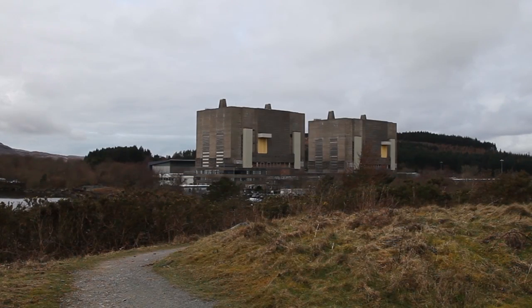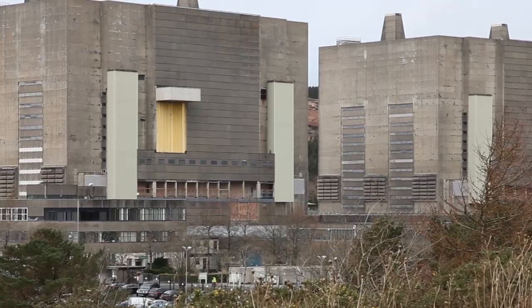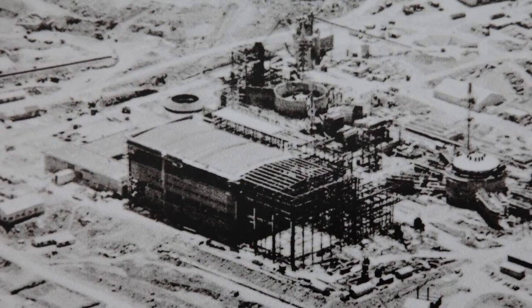In the shadow of the misty Snowdonia Park rests the dormant power station that was once the cutting edge of nuclear technology when it was opened in 1965. Built at a cost of £103 million, it was capable of supplying the whole of North Wales's electricity needs at the time. This twin-towered giant is now silent and currently being decommissioned, but the massive reservoir that was built and